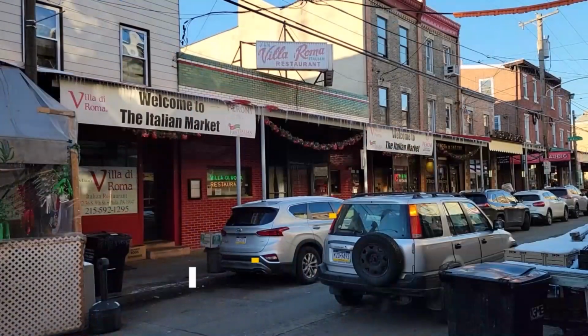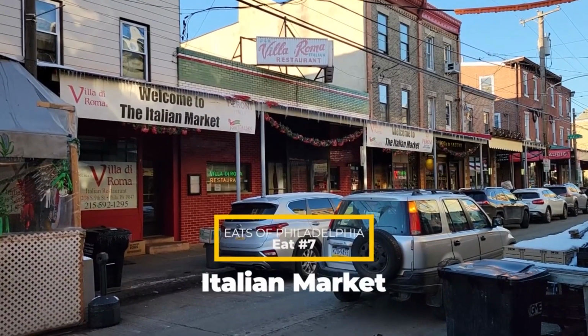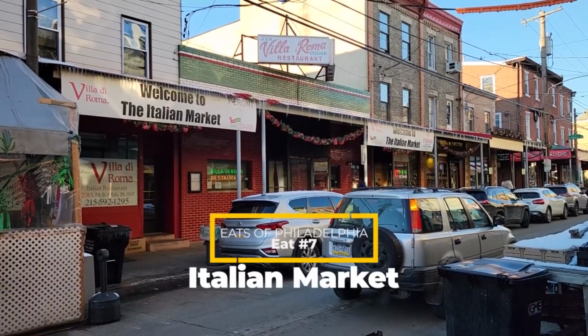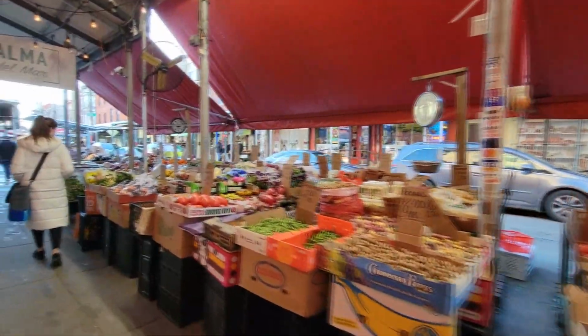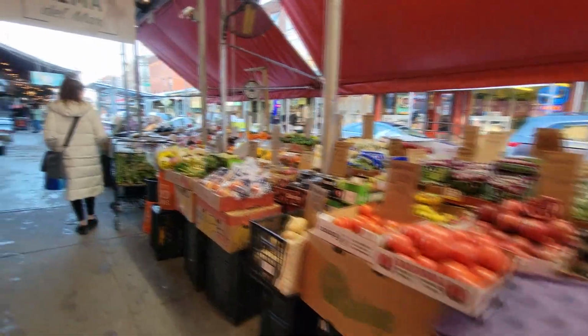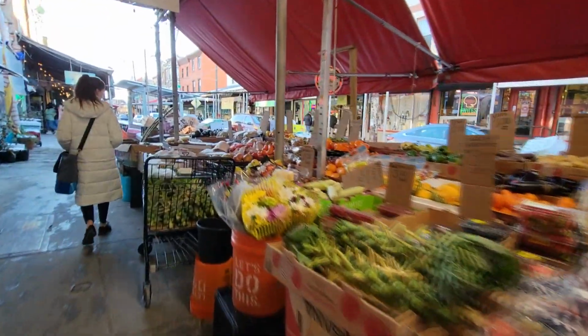Now, another area you can go if you want to check out food is the Italian Market, which is an area of town where there's a bunch of outdoor markets, but also restaurants. And I'll be honest with you, I think the Italian Market area is kind of touristy, because are you really going to be buying stuff there and then taking it back to your hotel to eat as a tourist? Probably not. So if you go there, enjoy, walk around, take in the market